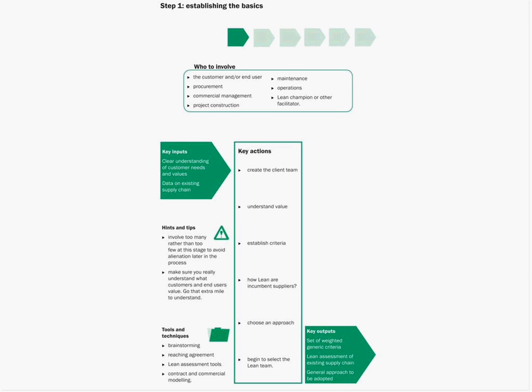There are also outputs, which tells you what to expect when you've gone through each step. Here you'll have a set of weighted generic criteria, lean assessment of your existing supply chain, and a general approach to be adopted. The other two sections are hints and tips, things we found useful when we've been introducing lean